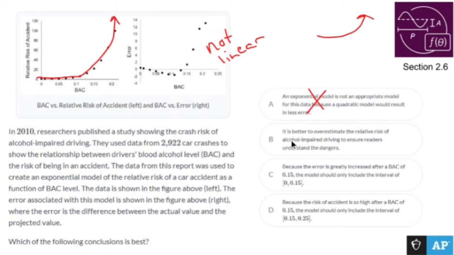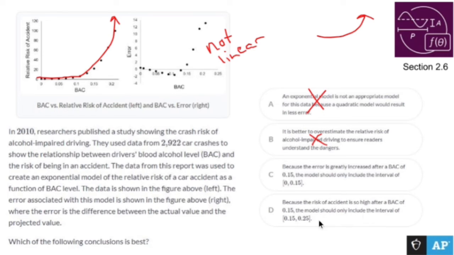No. It is better to overestimate the relative risk of alcohol impairment driving to ensure readers understand the dangers. I don't think that's what's going on here. I don't disagree. Because the error is greatly increased after a blood alcohol of 0.15, the model should only include the interval 0 to 0.15. Maybe. Because the risk of accident is so high after a blood alcohol of 0.15, the model should only include